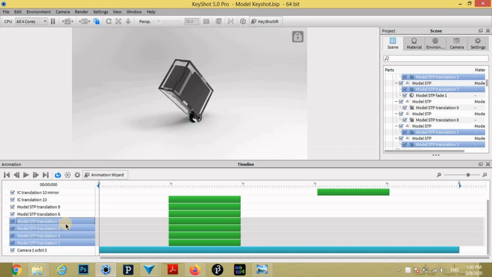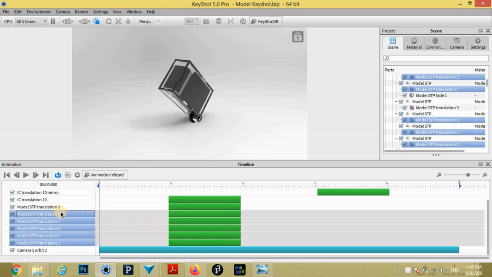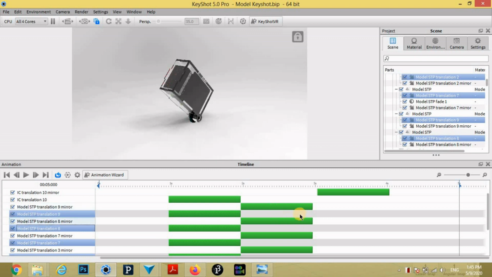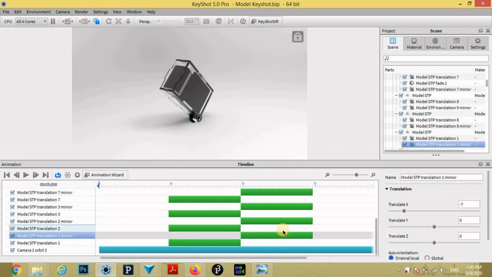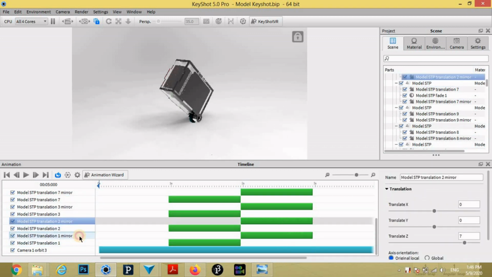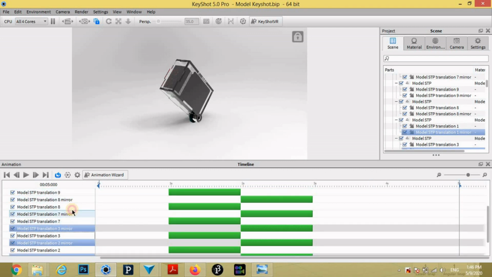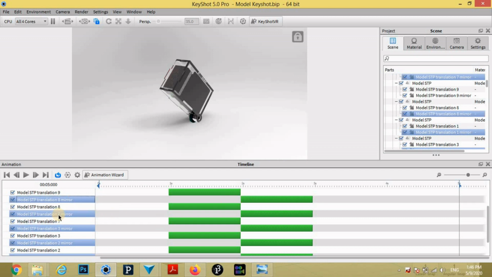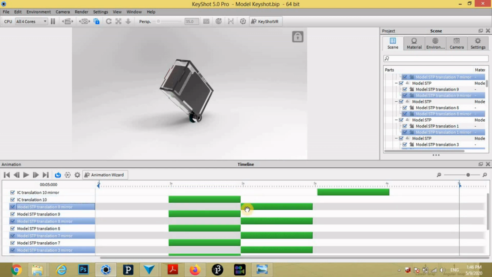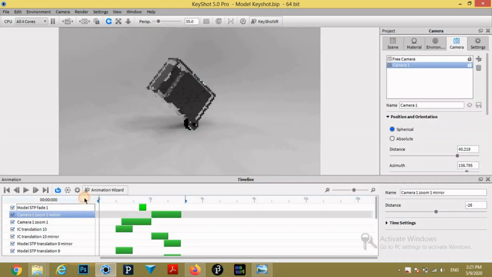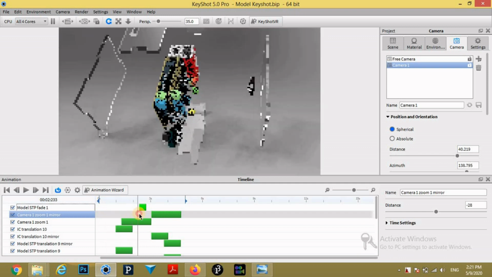Then reassemble the outer casing by mirroring translational motion given to it. After that, our animation will look like this.